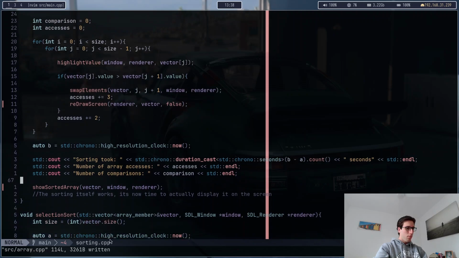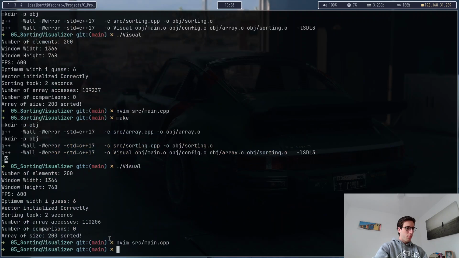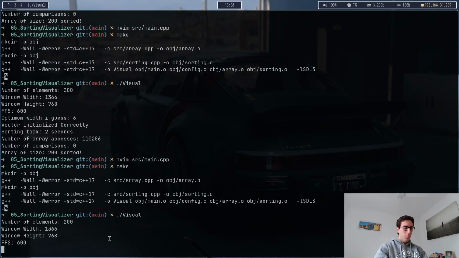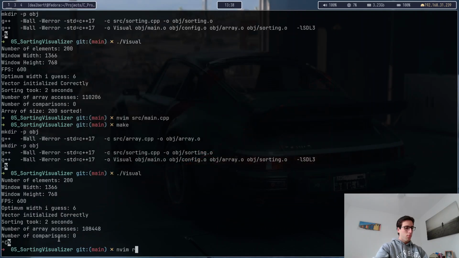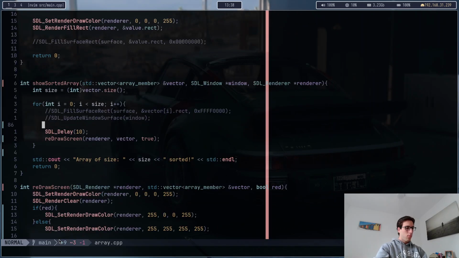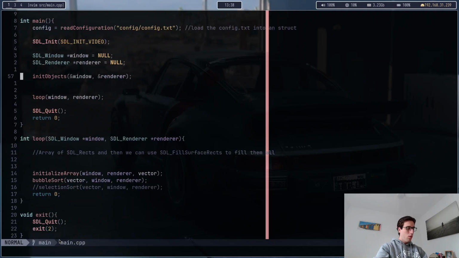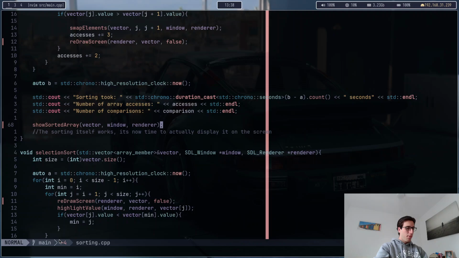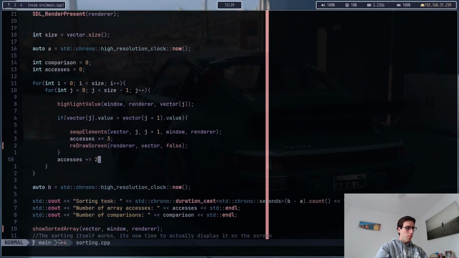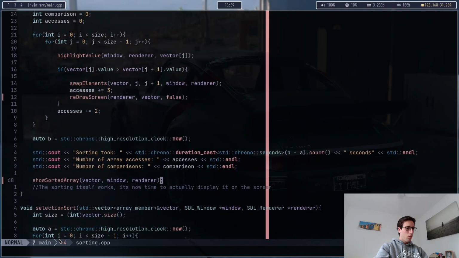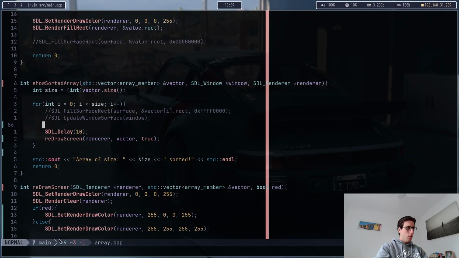Oh, it happens here. Wait, which one am I doing? Publish. So yeah. So sorted array calls the redraw screen with the true done,